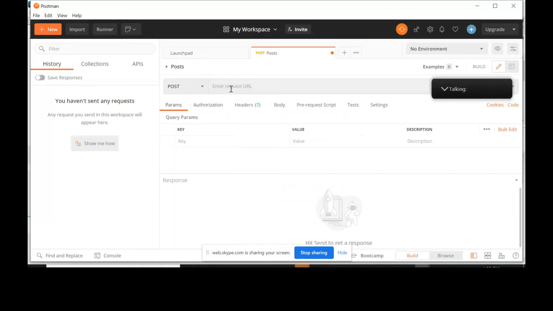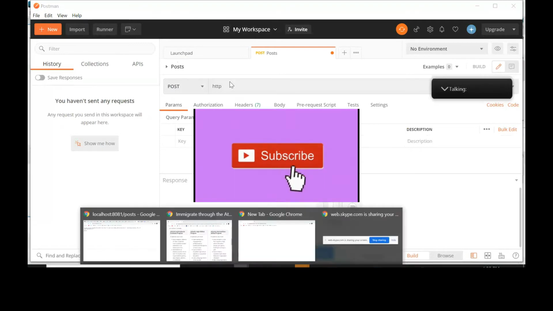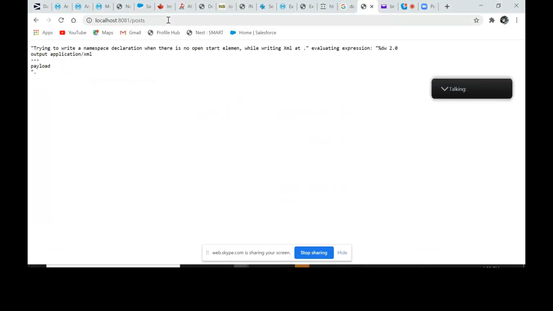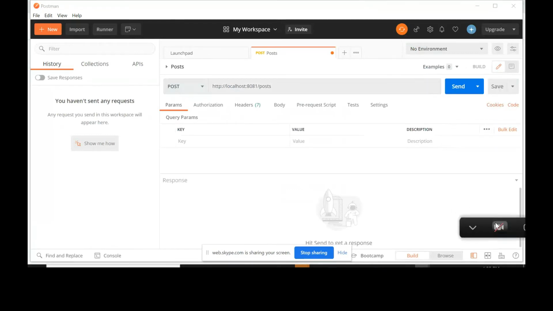Then type in HTTP localhost 8081, the thing that you put in your browser, colon. You can change right now. You see the port number as 8081. That's the default port when you use MuleSoft. You can change it to any other port, 1081 or something like that. Now click on body,